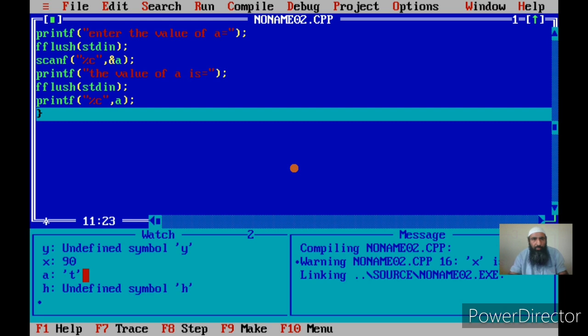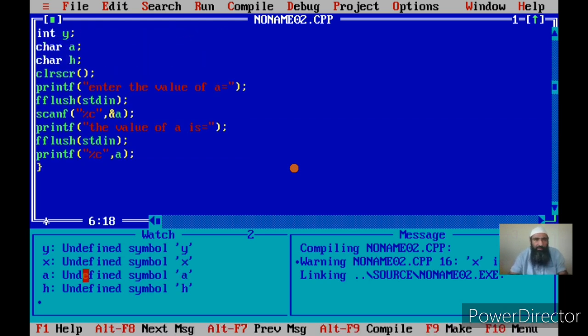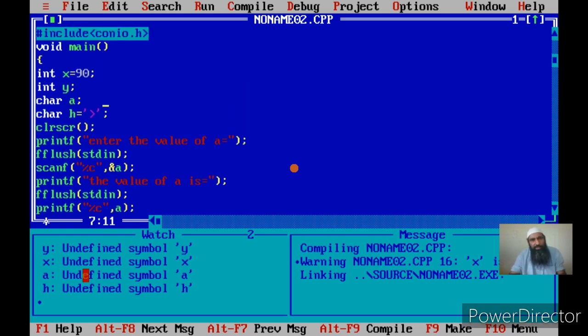Now let us see how we initialize character variables at the point of declaration. We'll do an exercise on this again. For that you have to put an equal to sign, and the character you want to store you have to give in single quotes. Now suppose I want to store a greater than symbol in it. This will be taken as a single character. A character is not necessarily an alphabet or a digit. It can be any character on the keyboard, that is a printable character.